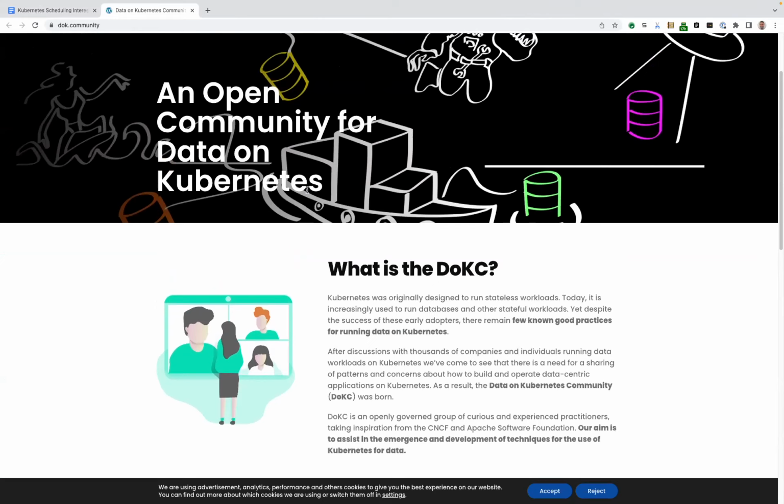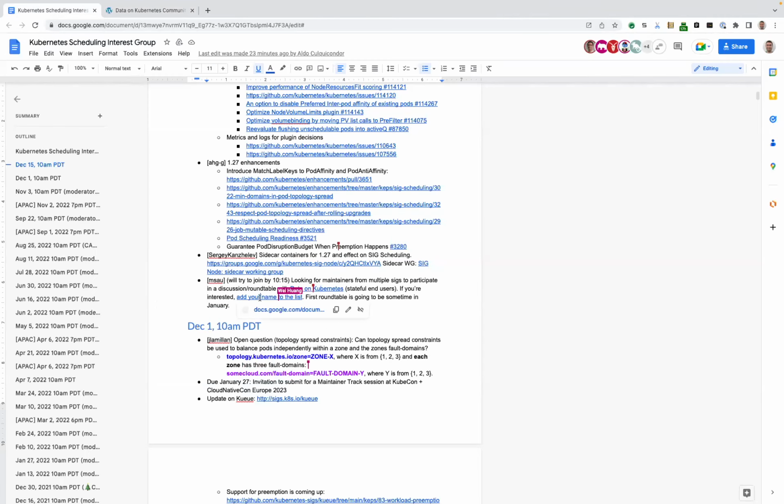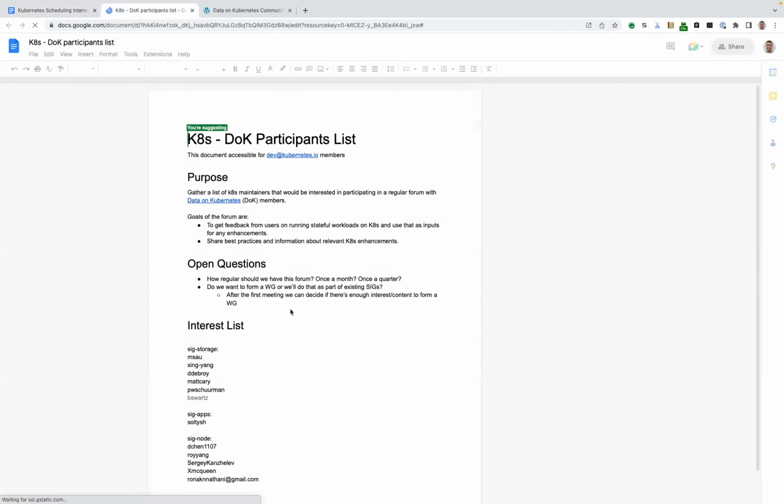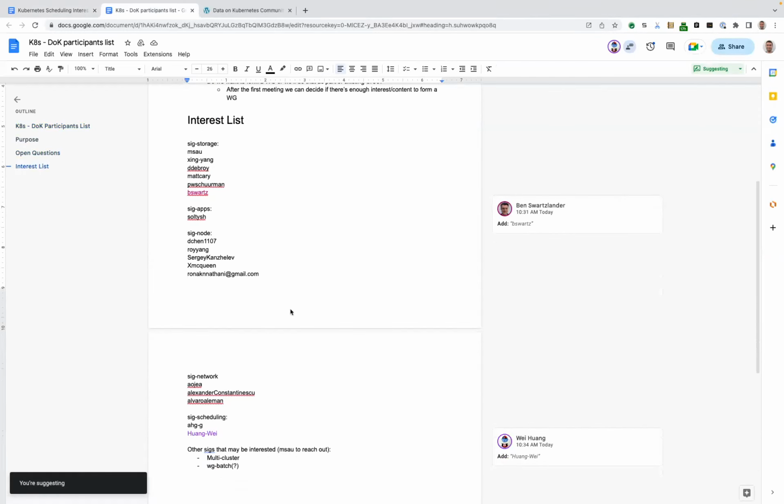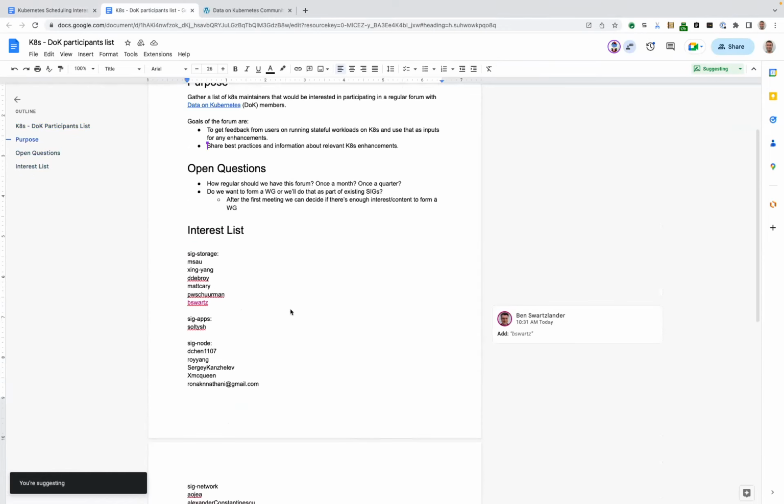And I'm trying to organize a regular roundtable session with this group between Kubernetes maintainers and people from the DOK community.